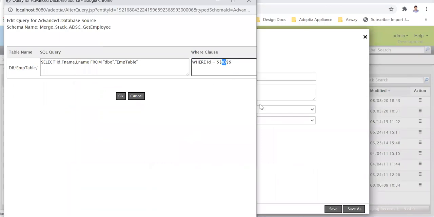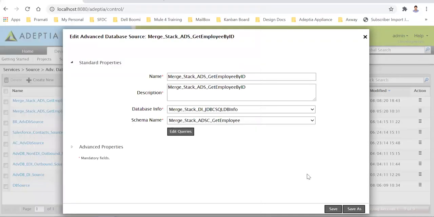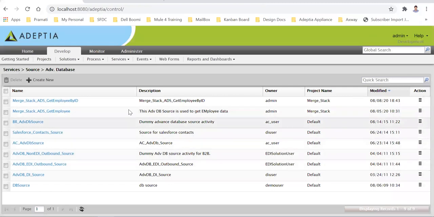Whether it is a header or query parameter, we need to use the same name in that query or header section. Once it is a context variable, we can use it in the where clause this way, and then we can trigger this query. It will return the data for this particular value. So that's it. This is the old one; we have not created it newly.